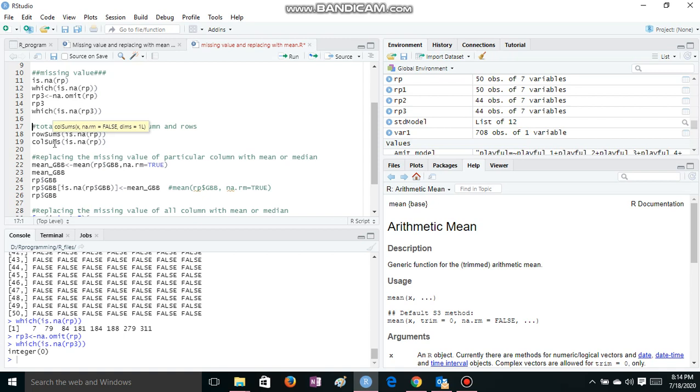It helps in either removing the columns or rows if the number of NAs is more than the critical value, or if it is below the critical value, we can replace with the mean or the median. So first we find how many NAs exist in each column and each row. Accordingly, we can decide either to omit the rows or to substitute with the mean or median. So just see, I will